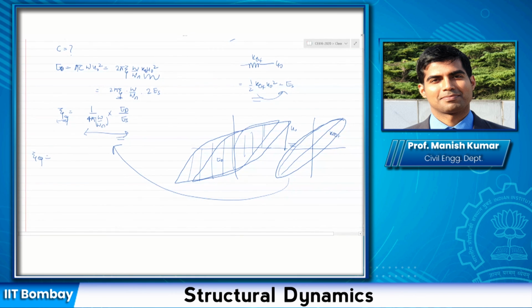Now what happens to do this? We usually conduct a test, because how would you obtain this? You have to conduct the test in a laboratory, and when you do that, typically to minimize any deviation, you conduct the test at omega equal to omega n. So you apply the harmonic force on the column, let us say a steel column or any other system, at the natural frequency of the system. So omega by omega n is typically 1, and in that case you can also write this expression as Ed divided by Es. So further it can be simplified like that.